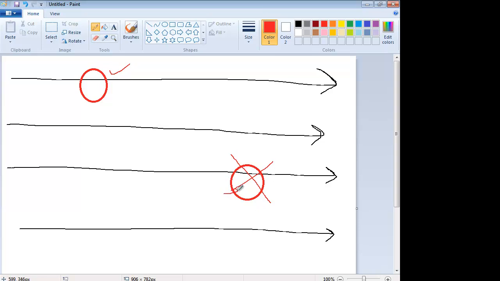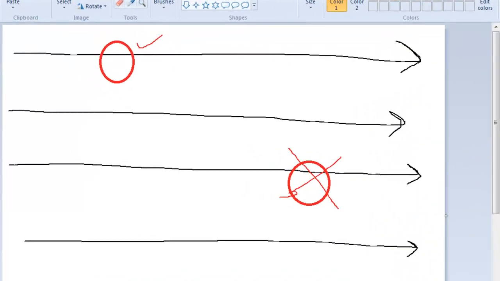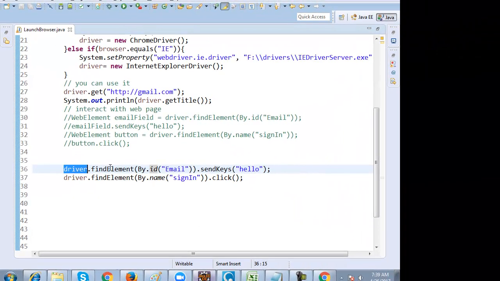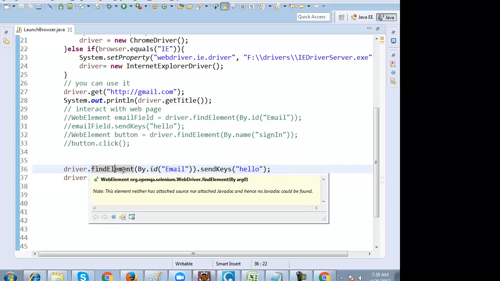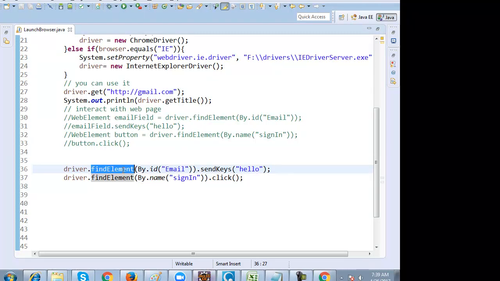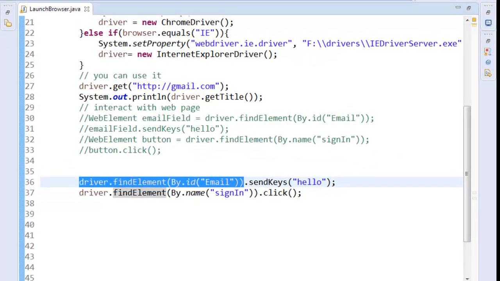I will talk about them later. But by default, if you look at the driver.findElement command, it will find the first web element with this criteria and it will use it. To find the second one, we'll look at how to do that.